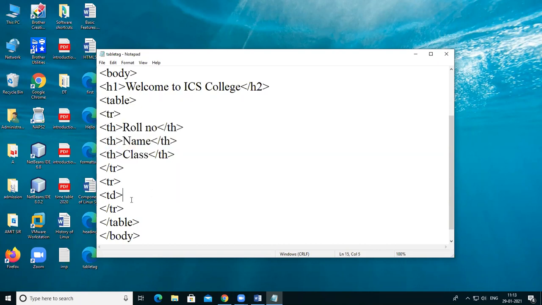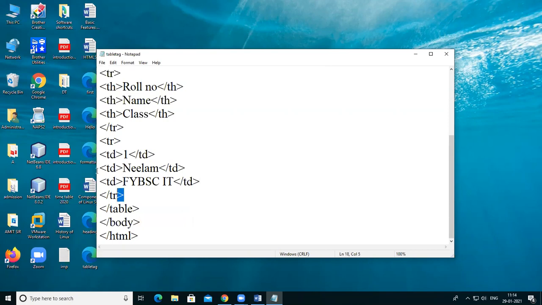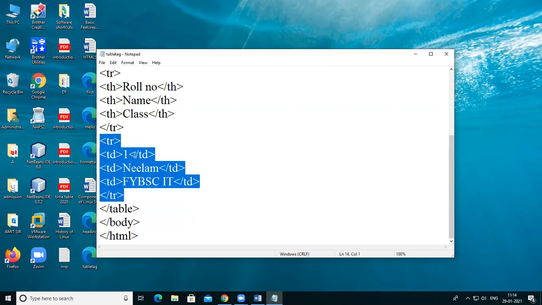Okay, so first of all give the roll number, that is 1, close the td tag. After that the another td tag which mention the name. Okay, then close this td tag. Then the another one is td which mention the class. Okay, so see this here, the another row which is created having the column values 1, name is Neelam and class is FYBSc IT. Just save this